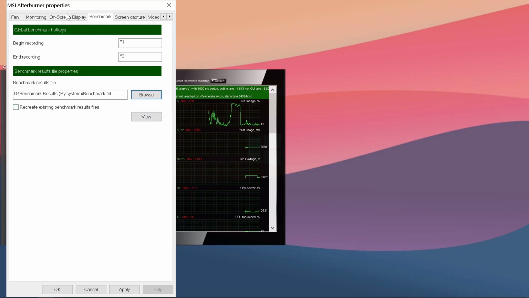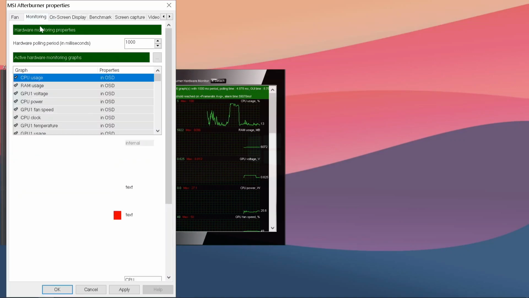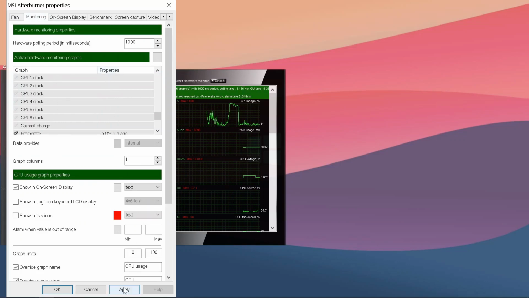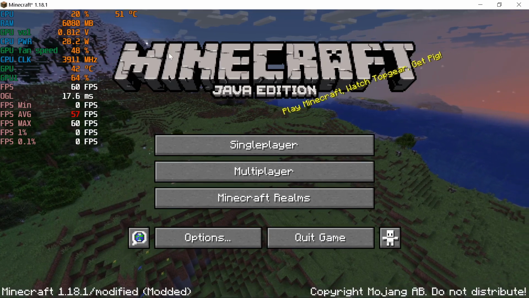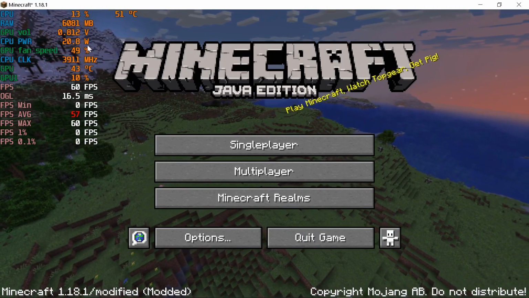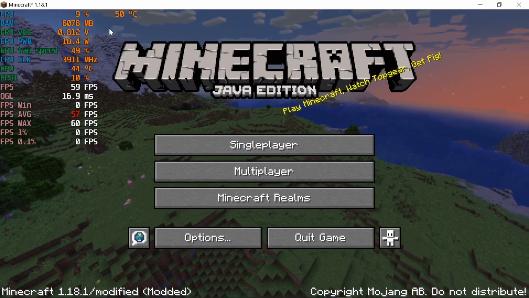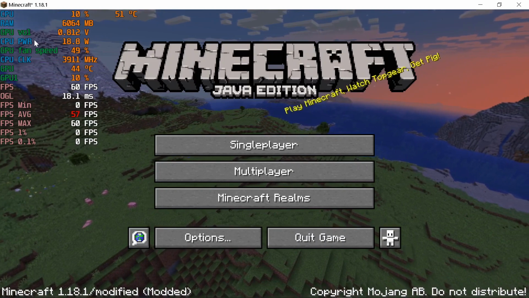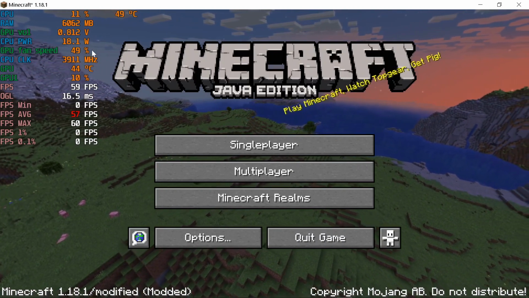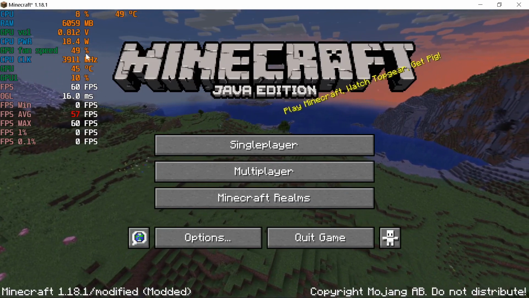Also, you can view that. On-screen display, I actually don't use on-screen display, but yeah. So I apply it all. I should apply it. Then in Minecraft, as you can see, everything is now on statistics. So everything here will update in real time. For example, our GPU voltage is 0.812, and now it's 0.812. CPU power is around 19 watts. So as you can see, this is really helpful